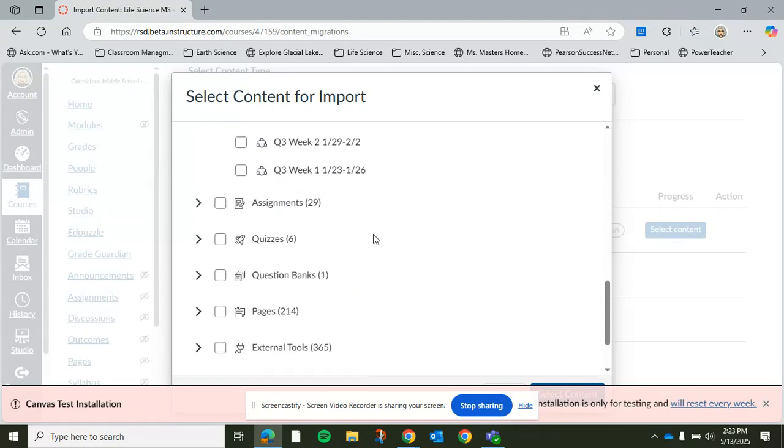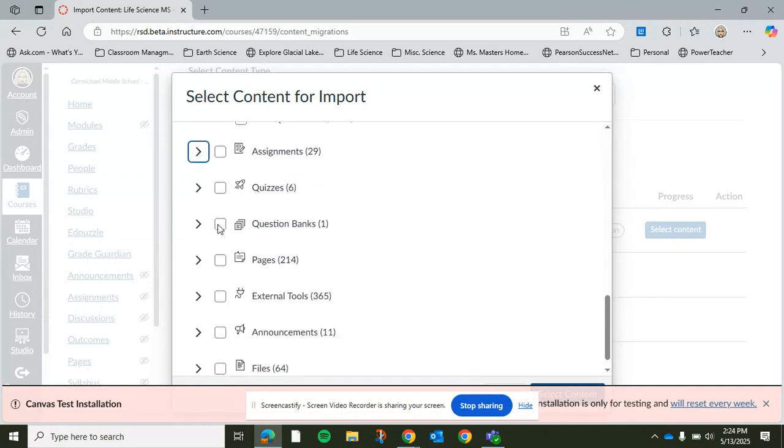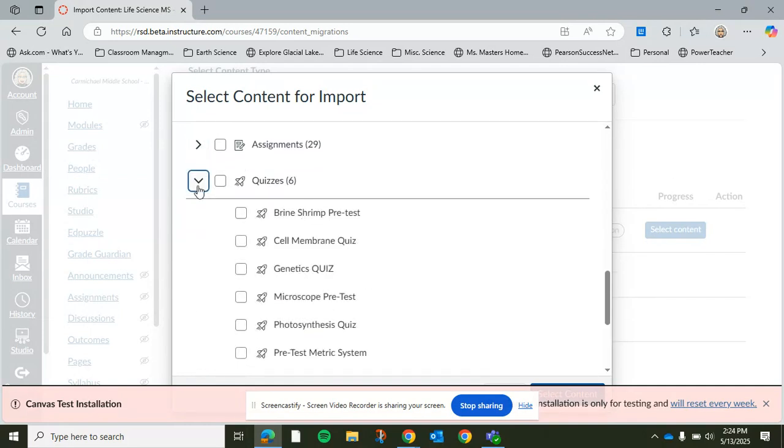Now, if you do modules without the assignments, you'll get the modules, but none of the assignments will show up listed, but you won't be able to activate them until you actually pull in the assignments. So if you're going to do all the modules, please do all the assignments. But you can, however, pick different assignments. You can also pick different quizzes,